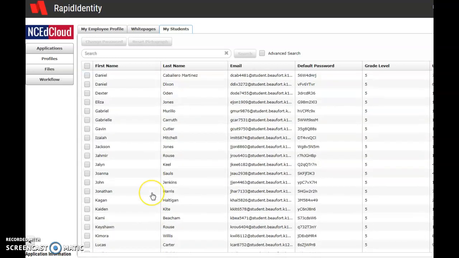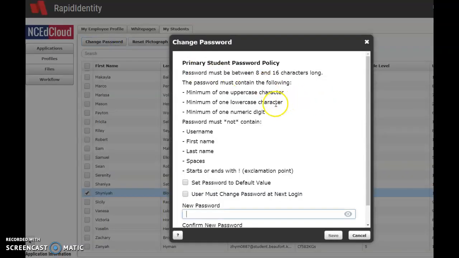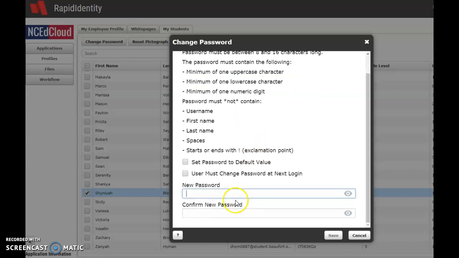You find the student that you need to change their password, you click here, and you'll see that the change password button becomes active. Once you click that, it gives you the rules for the passwords. I would suggest using their computer login password just so they have just one password. And you type it here, and then you type it here again. Once you've typed it in both places, once you've got that done, you click Save,